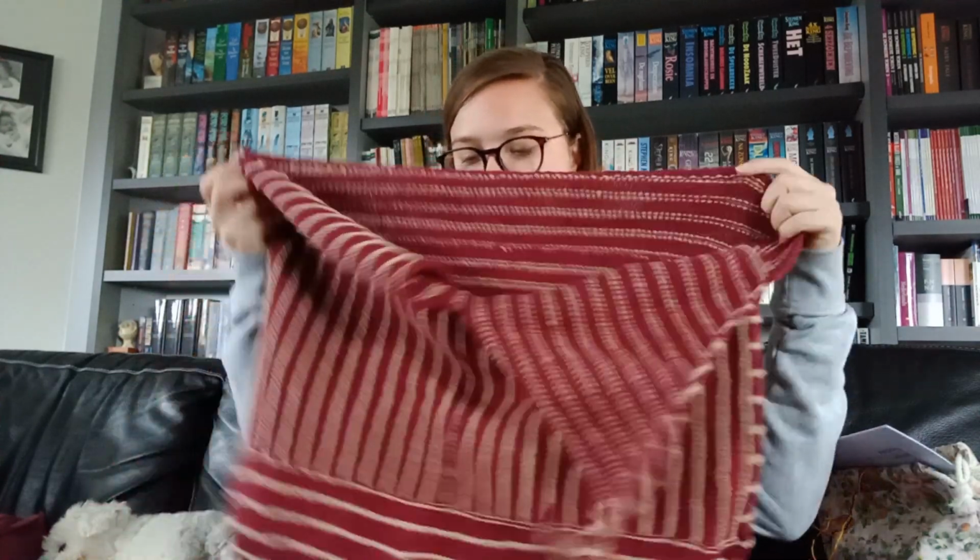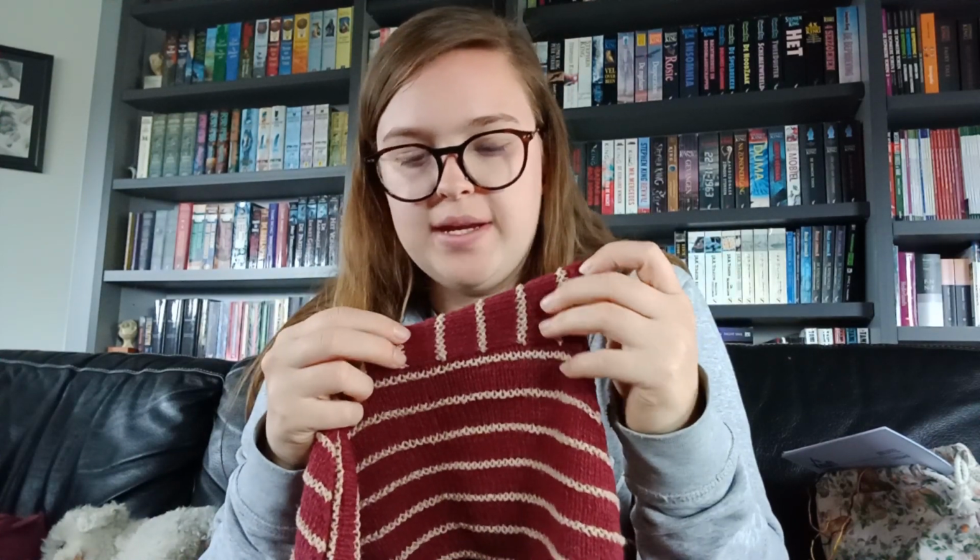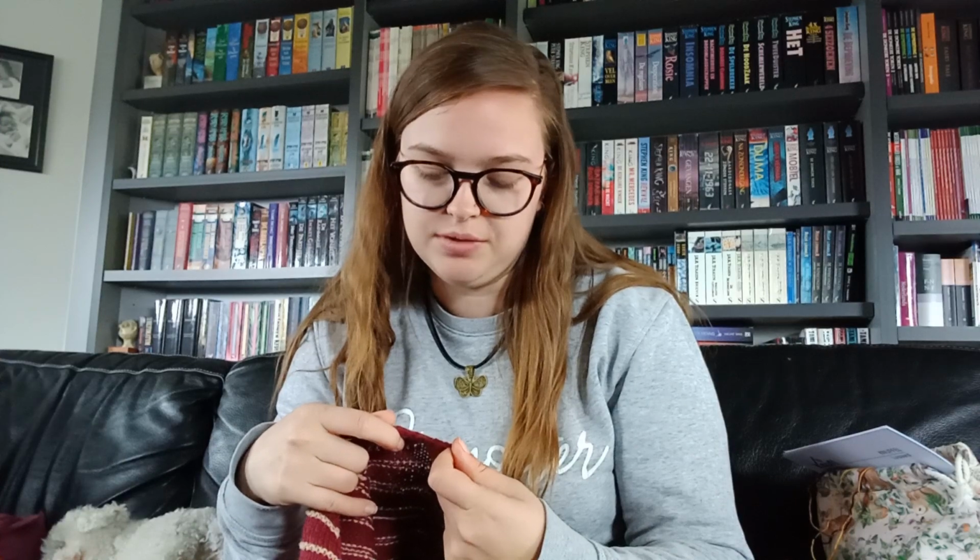On a very high-waisted skirt or something, that was perfect, but I want to wear it even with a little bit more low-rise jeans or something in summer. So I lengthened it. What I did is I did 5 extra repeats of this stripe, a bigger stripe and a smaller stripe. So from here on, this is what I did extra. And then for the last stripe I did a bit of ribbing, but it's a false rib or a half rib, where on one row you knit and purl, but the other row...